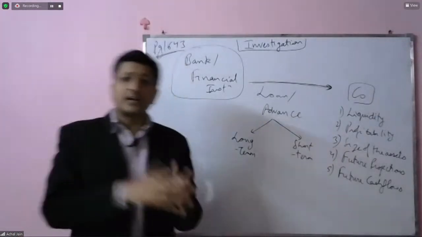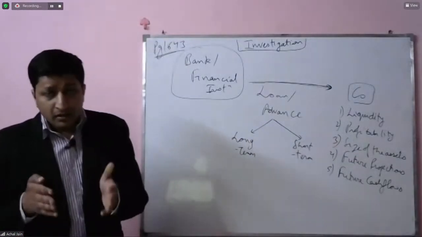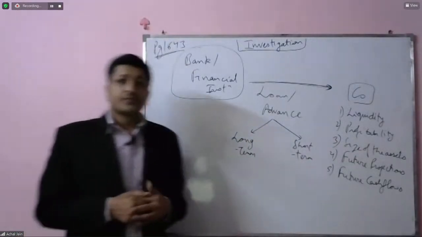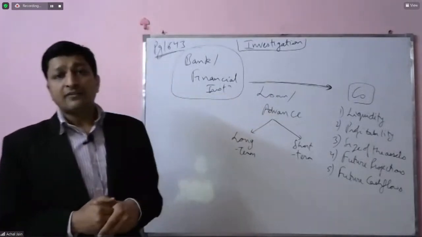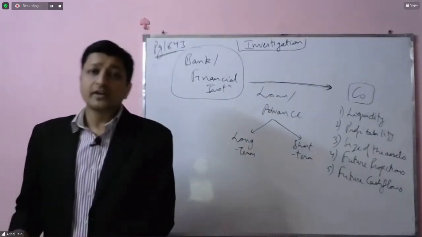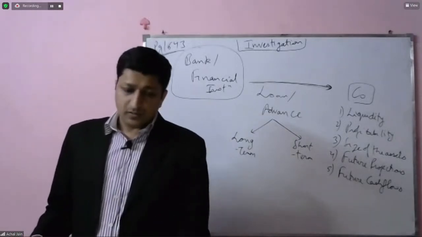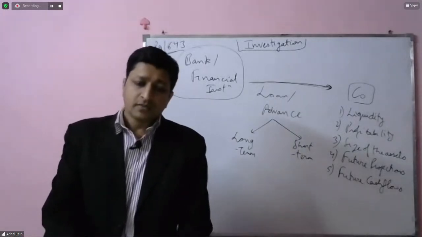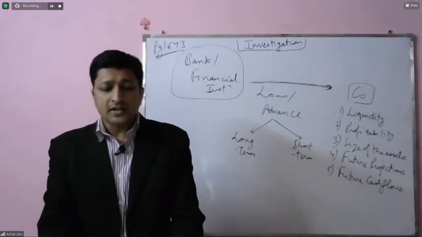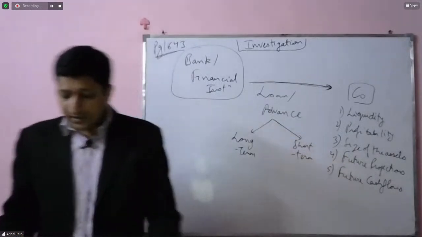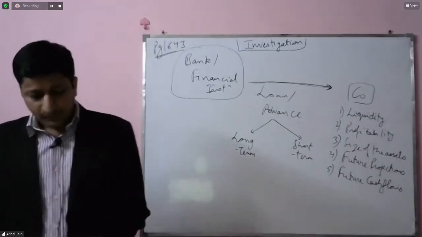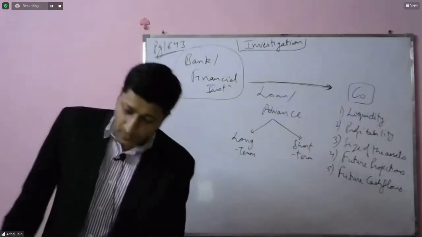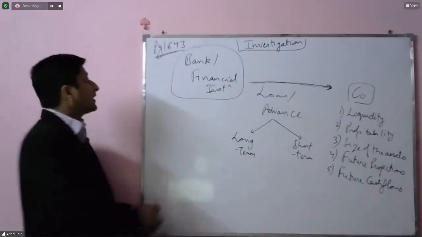So that means he will get into the books of accounts and perform procedures around the reasonableness of the amounts at which all of these items would have been recorded in the books of accounts. Correct? But all of those procedures are largely the same. So that's why I'm not getting into too much detail of all of these procedures once again. Okay. Now we'll move into another